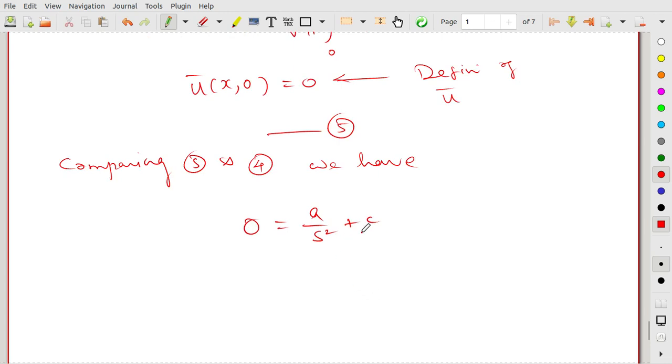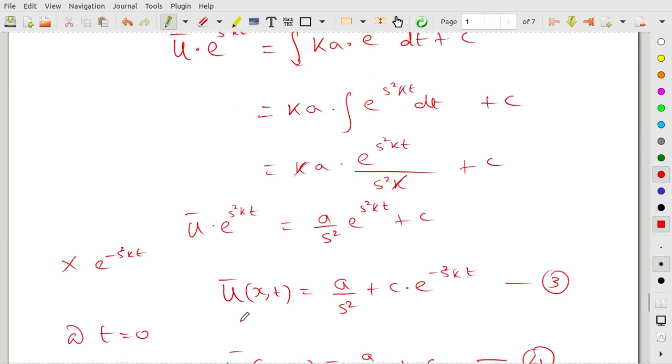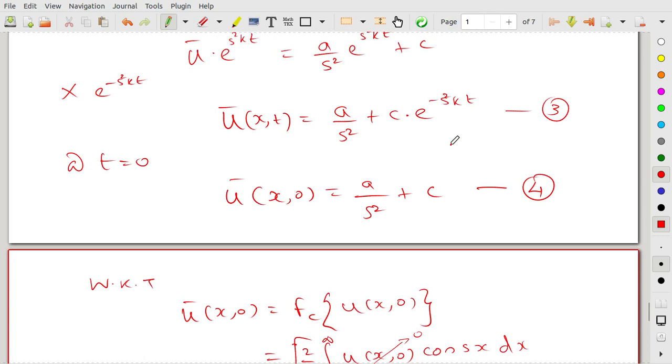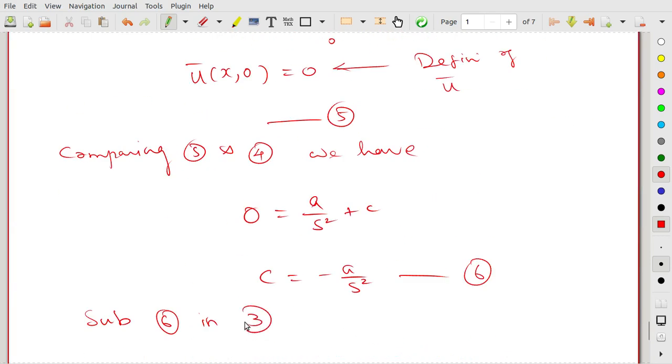From this we can find c as minus a by s square. Let this be equation 6. So substituting 6 in which equation? In equation 3 we have